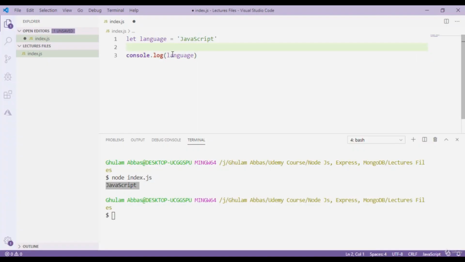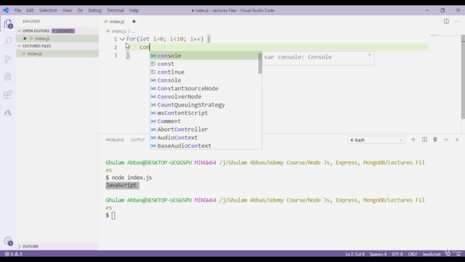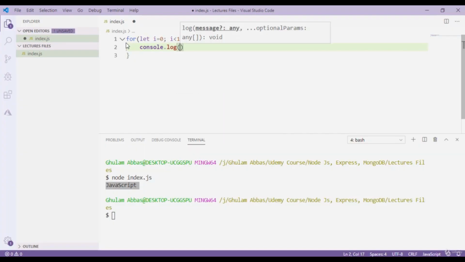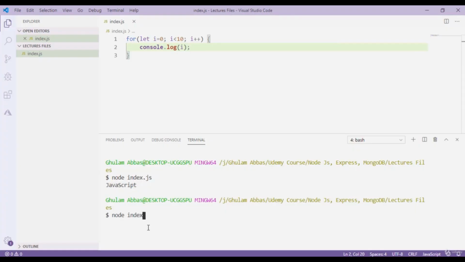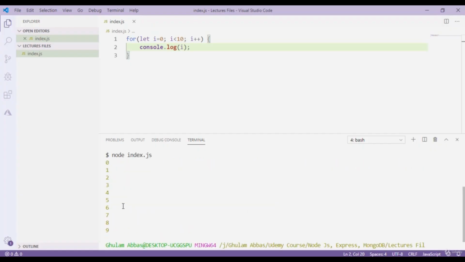You can type anything here. For example, if I remove this from here and start a for loop, I just type for let i equals 0, i less than 10, and then i++, and I simply console.log i. I save it and just type node index.js and press enter. You can see that I got 0 1 2 3 4 5 6 7 8 9